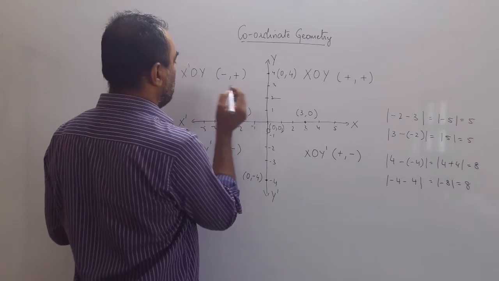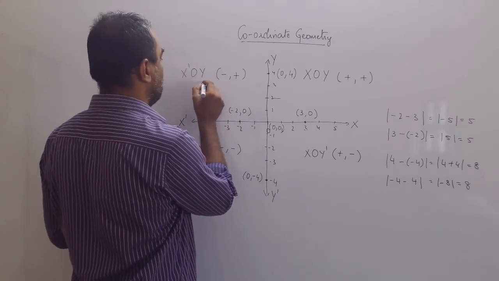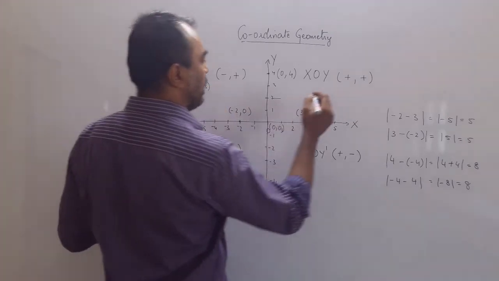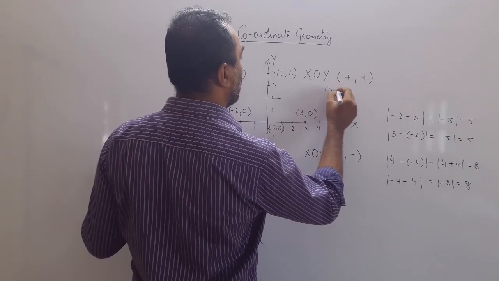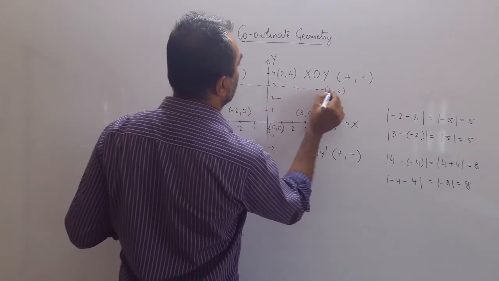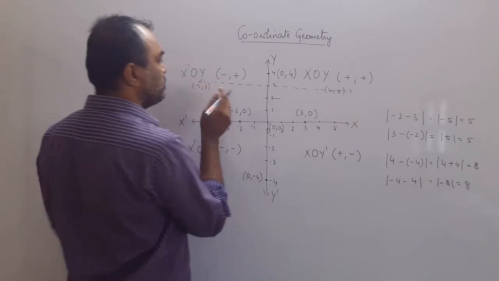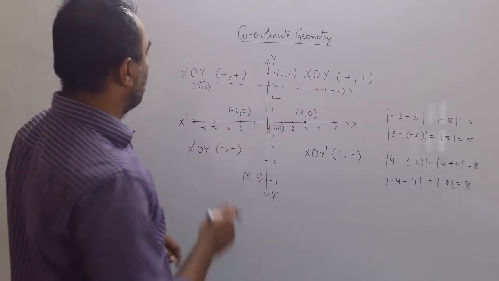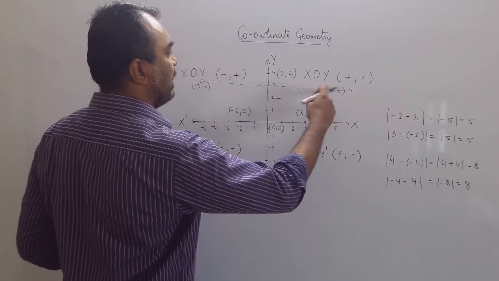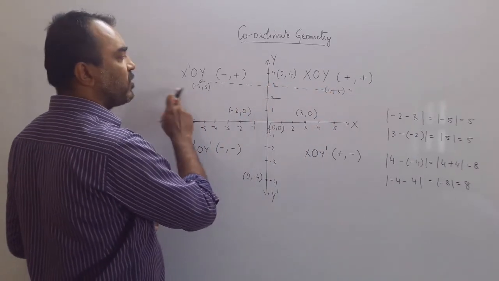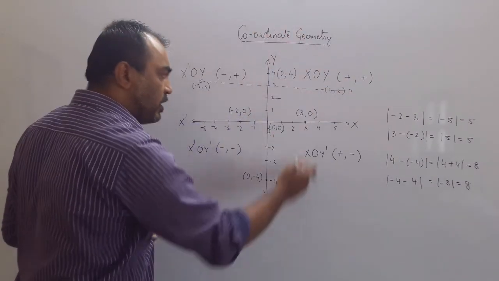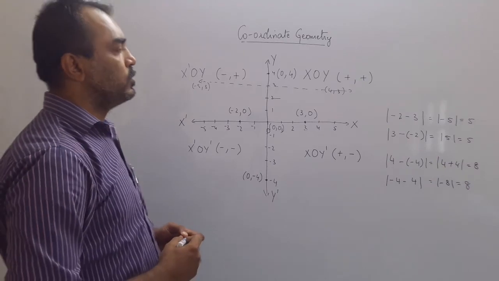Suppose the point is here, say minus 5, 3 and 4, 3. Now you see these 2 points are on the same line. Same line, so you can use the same technique. 1, 2, 3, 4, 5, 6, 7, 8, 9. So 4 minus minus 5 gives you 9. These two numbers we don't take because it is a straight line. Similarly, you can take in this manner also.